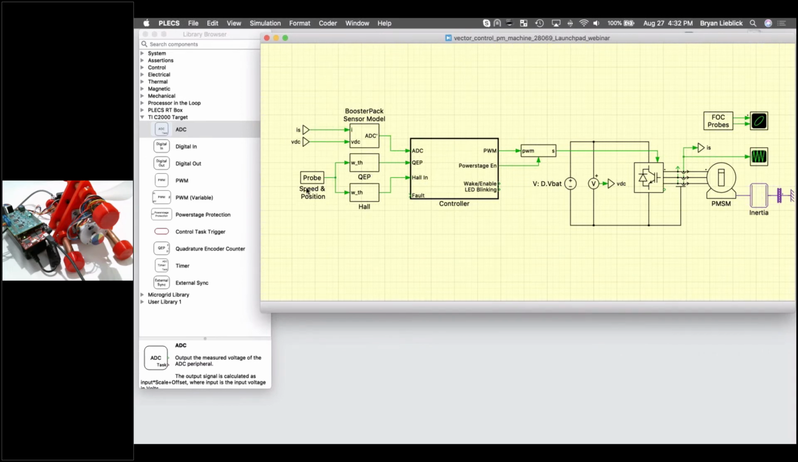So there's also 2 other models here, and they model the QEP and the Hall sensors. And so they take the speed and position of our motor, and then they translate that into a digital pulse train for the QEP, as well as digital signals for the Hall sensor. So briefly, Hall sensors rely on the magnetic field of the rotor to detect the rotor position. So typically there are 3 Hall sensors arranged around the motor, which result in a position accuracy window of 60